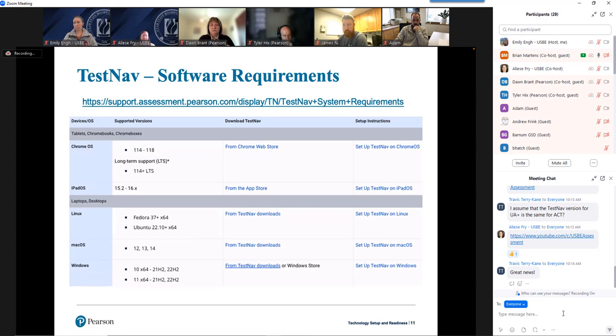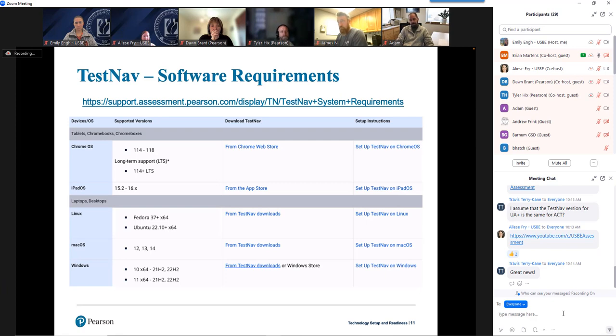Software requirements, meaning operating system requirements for TestNav. You can see that we've got Chrome, iPad, Linux, Mac, Windows all listed out here. These are subject to change as the year goes on and new versions are released. So don't think that this is the final definitive only version. And I know that we list out, like using Chrome as an example, we list out Chrome 114 to 118. I do not believe that we are actually blocking any operating system. It's just simply these are the ones that we officially support. Obviously, if you go too far back, you're going to run the risk that there's some functionality in that operating system that TestNav relies on that won't be there.